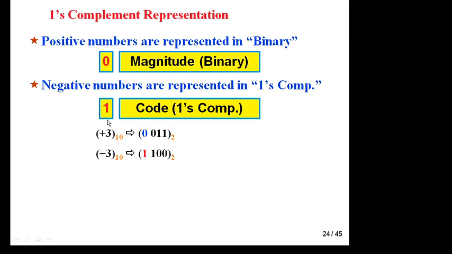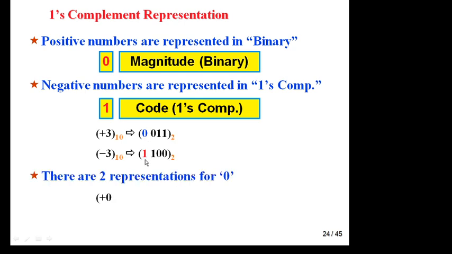Okay, you already know how to represent any positive number. For a positive number, 0 is for the positive sign and the remaining is for magnitude. Just write this down and then determine the ones complement of this. Just determine the ones complement: 1 0 1 0 0 1 0 1.